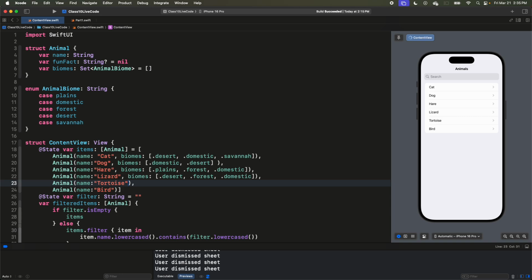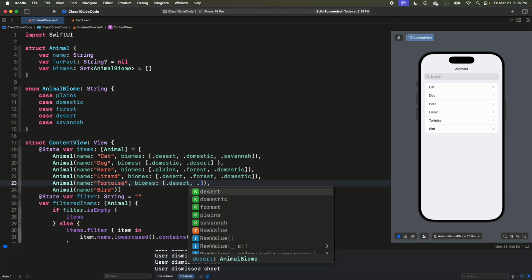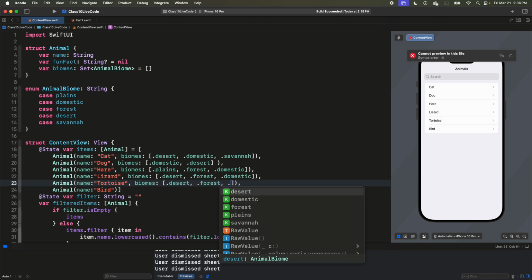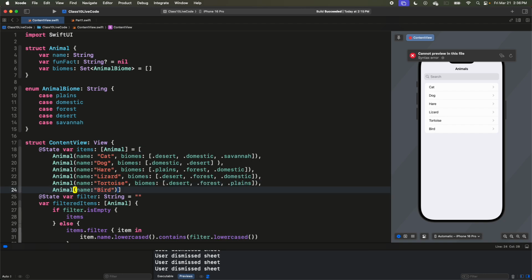Okay. And then we'll just finish this out real quick. This is the kind of thing I wanted to avoid having to do in front of you guys so that we could just have it done. But tortoises are desert, forest, and plains, I think. And then